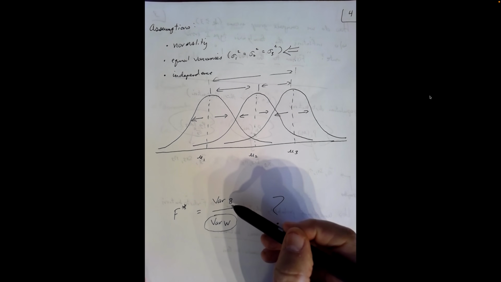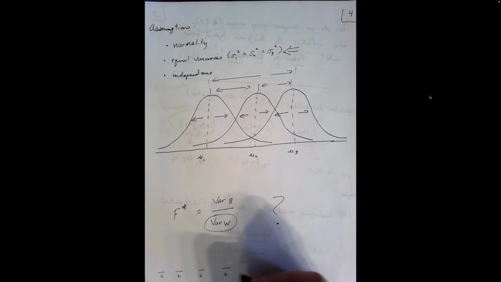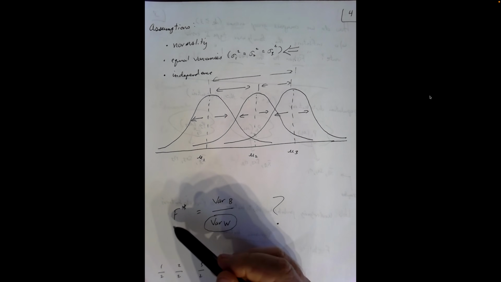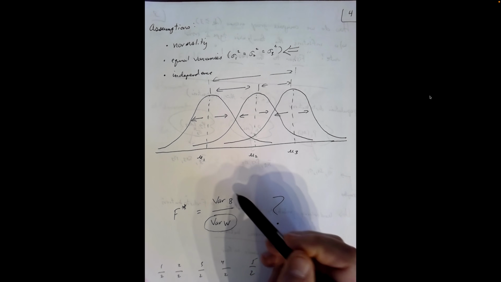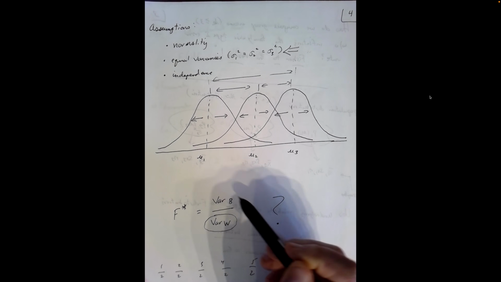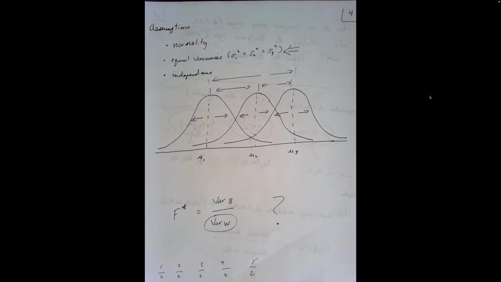Well, what happens in a fraction if we keep the denominator the same and increase the numerator? Well, the values get bigger, don't they? And as the F statistic itself gets bigger, what happens to the p-value? Well, the p-value goes down. And the p-value going down is more evidence against the null hypothesis, which is assuming that we have